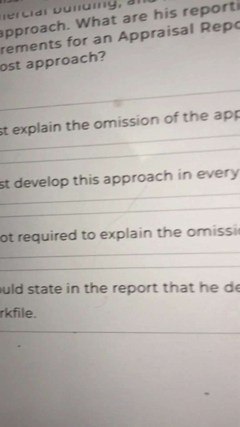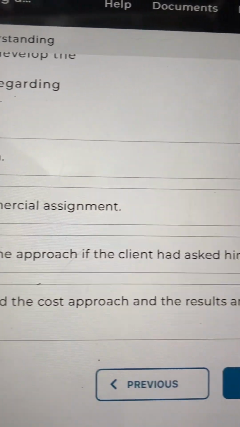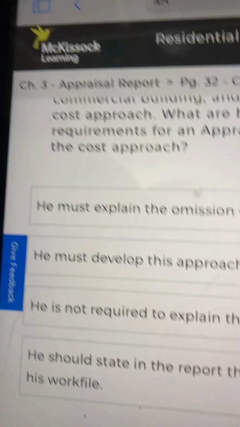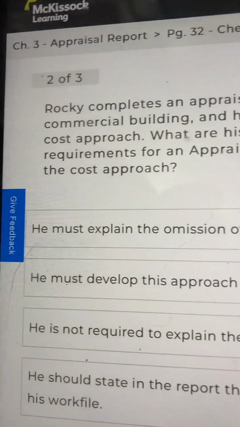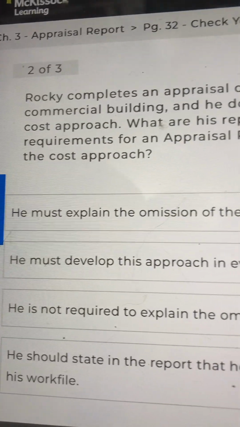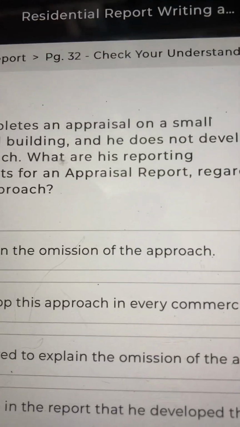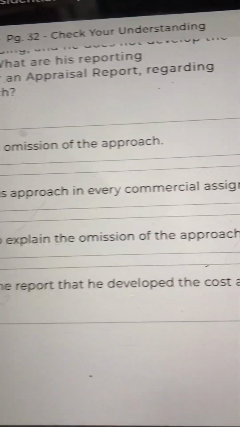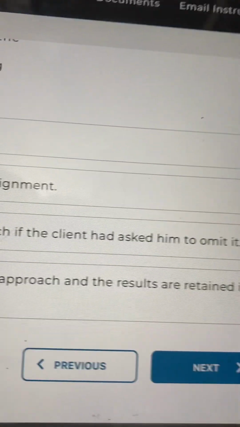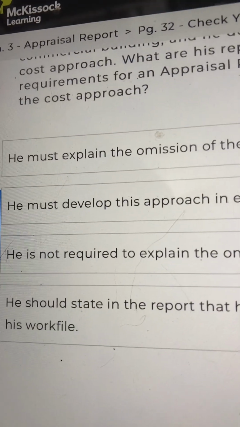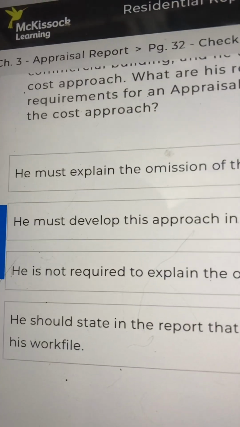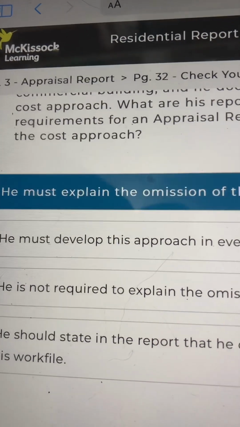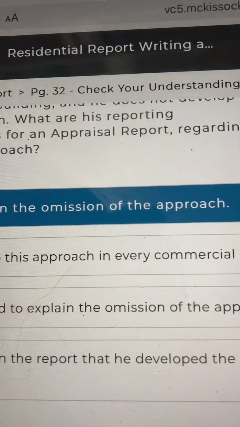Or D. He should state in the report that he developed the cost approach and the results are retained in his work file. I'm going to go A. He must explain the omission of the approach.